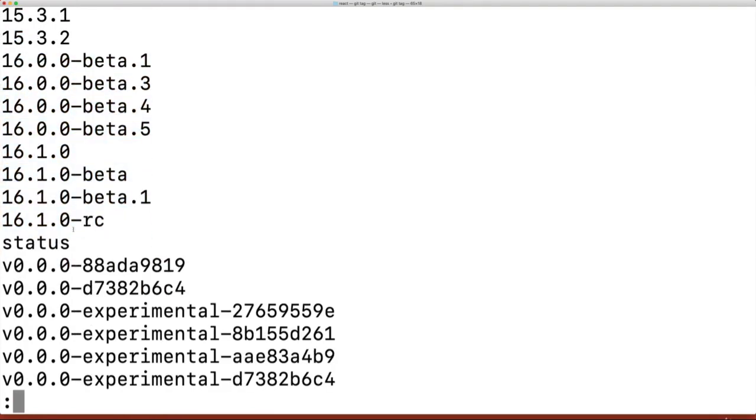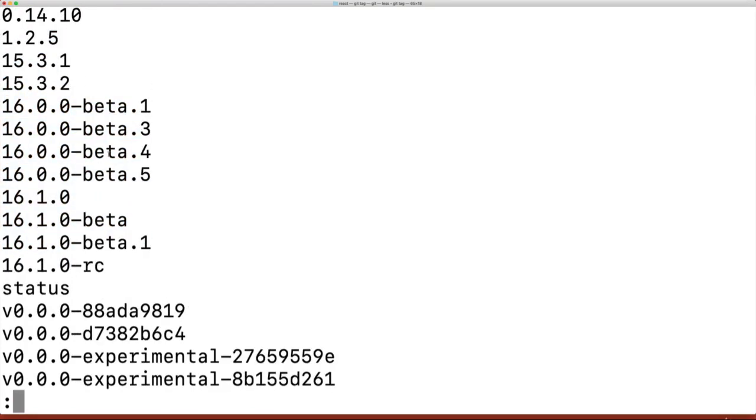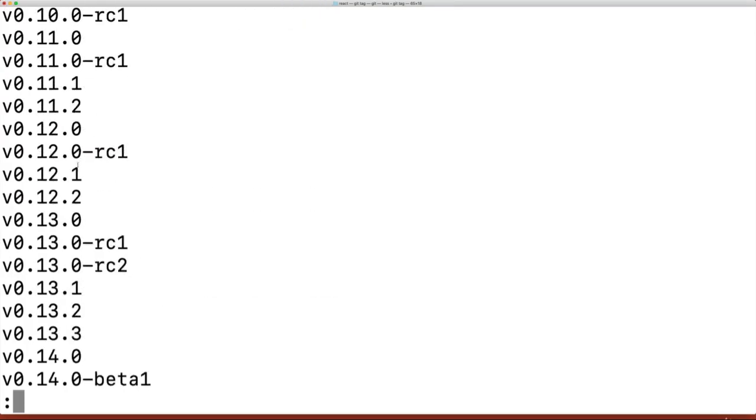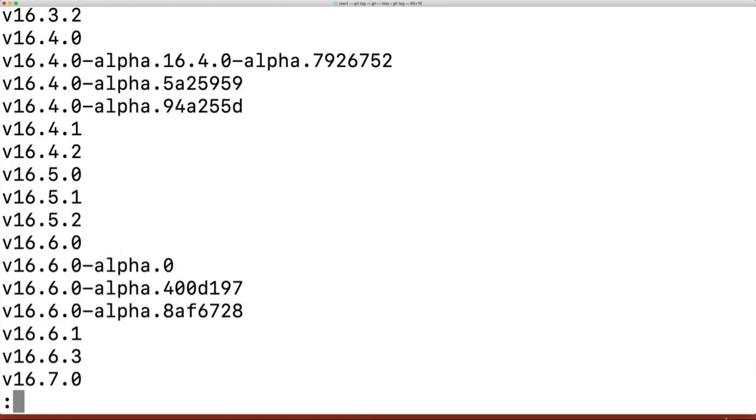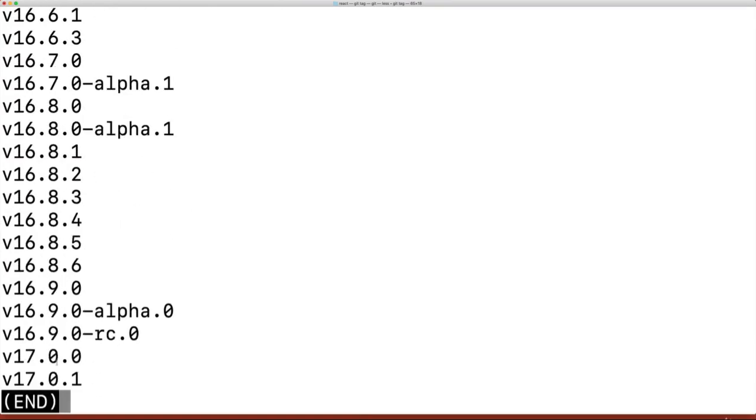Some of them are missing the V. I'm not sure why that is. I don't know, some people didn't get the memo. But all these tags down here are all different versions, right? They follow semantic versioning. So we've got the most recent, 17.0.0. That's the most recent major release. And then here's a patch soon after,